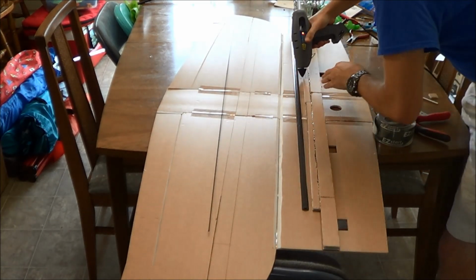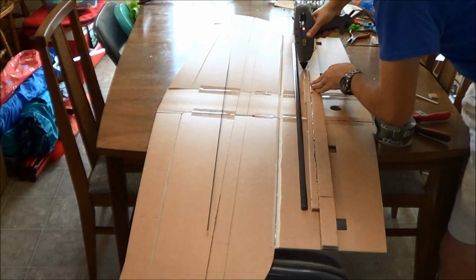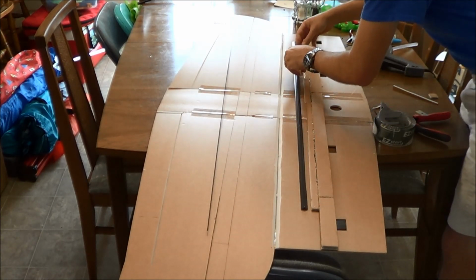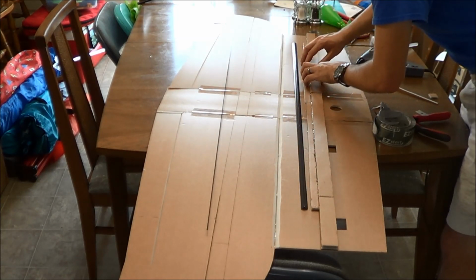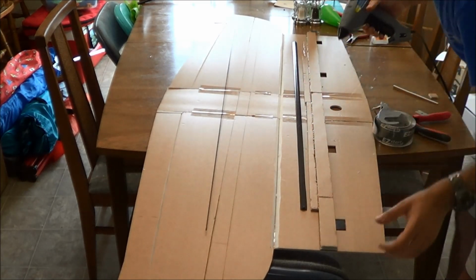Because that's so narrow, I'm worried about this region of the wing. I just want as much contact surface as possible for that spar. And then